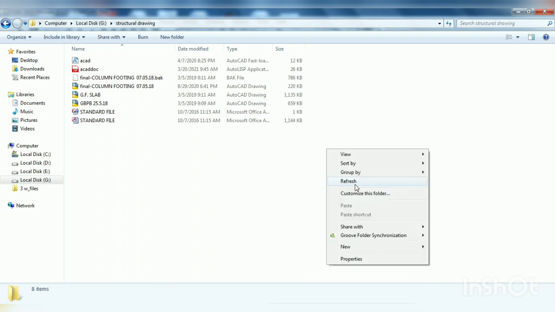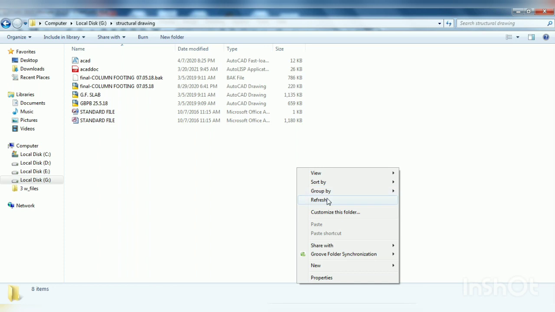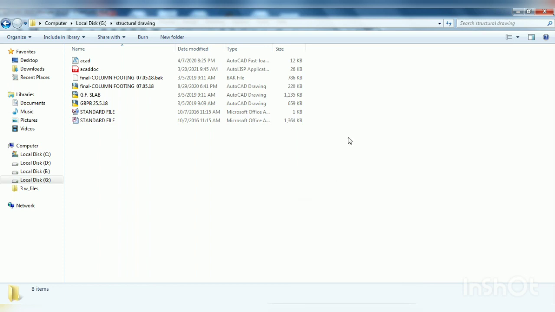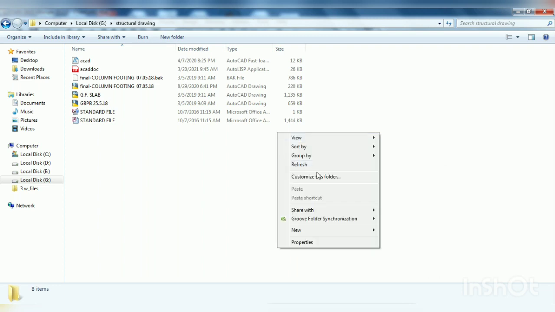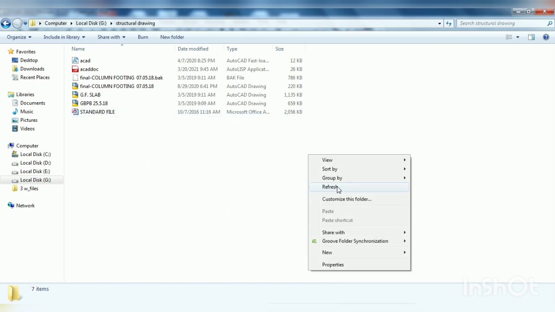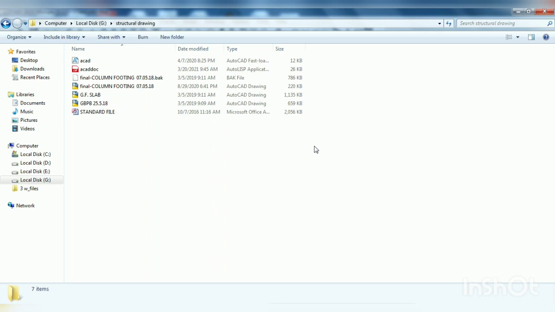Sometimes the complete size does not come in the first step, so we have to refresh it until a constant figure comes. Okay, 2056. This is the final. So we have to import this file in our RCDC.